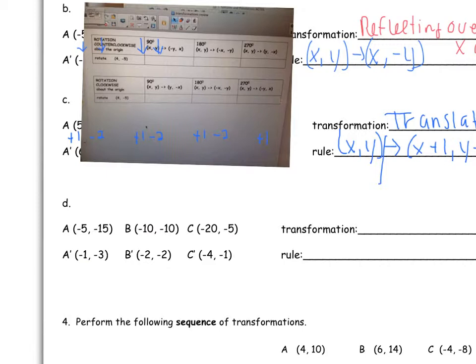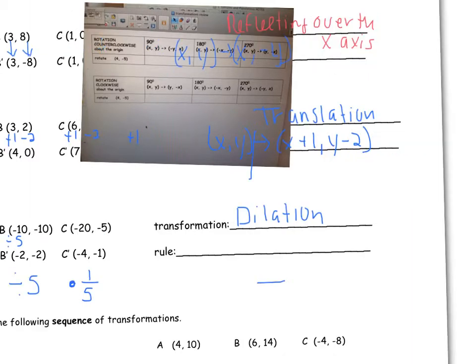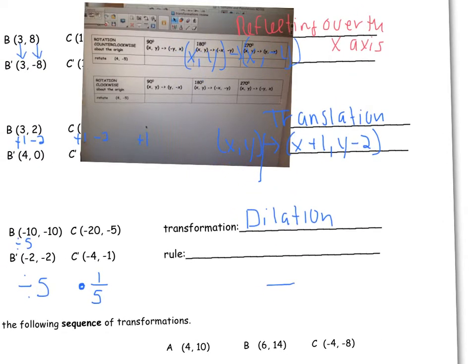All of them, it's like you're dividing by 5. Dividing by 5 for all of them. But we have to talk about the rule in terms of our scale factor, multiplying. So I know that this is going to be a dilation. And instead of dividing by 5, remember, it's keep, change, flip. It's multiplying by 1/5. So the dilation with scale factor